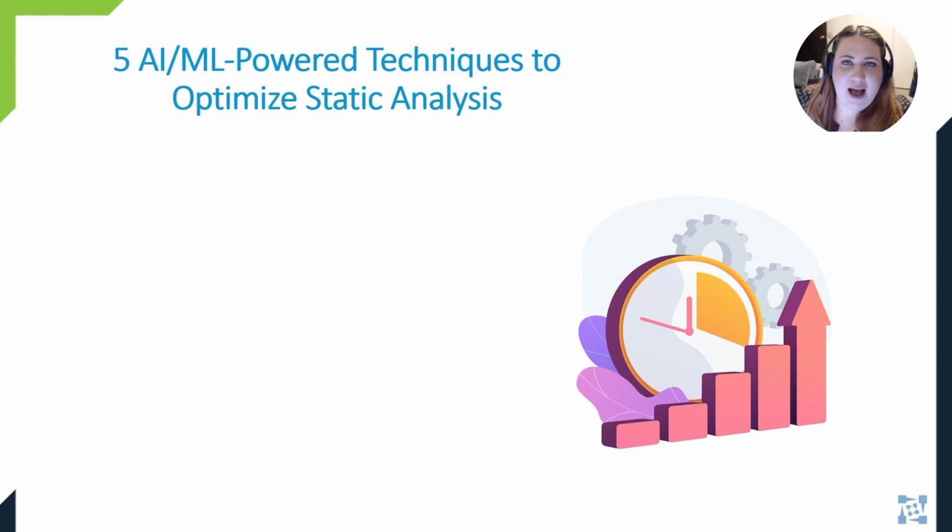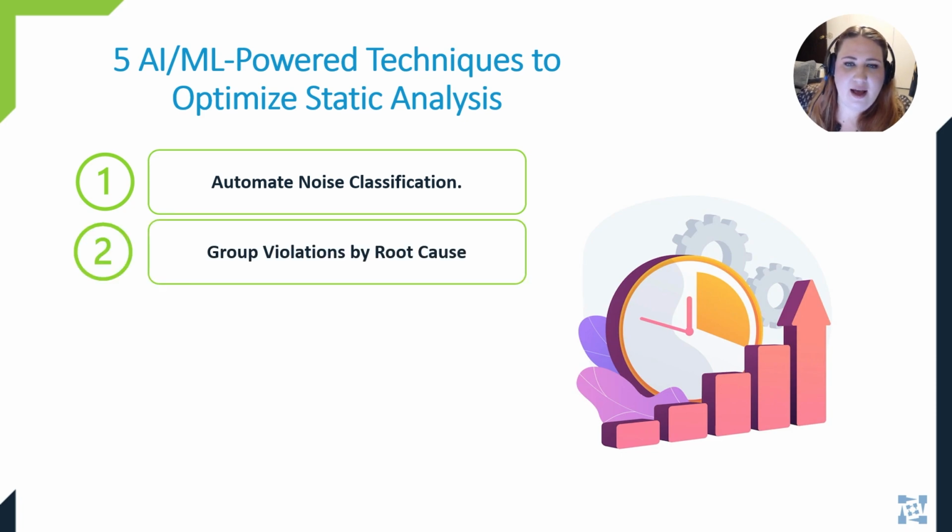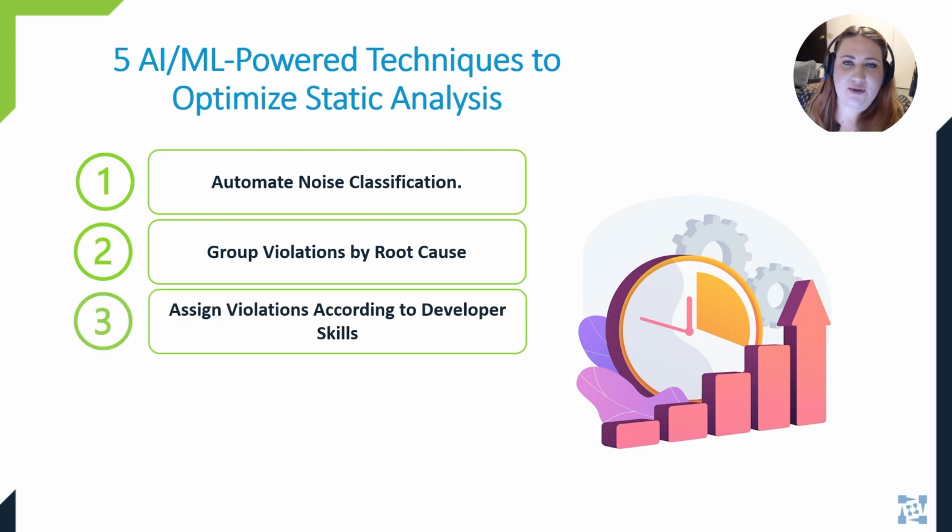Parasoft offers 5 AI ML-based techniques to reduce static analysis noise and accelerate the remediation process for development teams. We start by streamlining the triage process for static analysis findings through the automation of the classification of noise. We then use AI to help you to group violations by root cause analysis. We then analyze past user remediation actions and provide AI recommendations on what violations to assign to which developer based